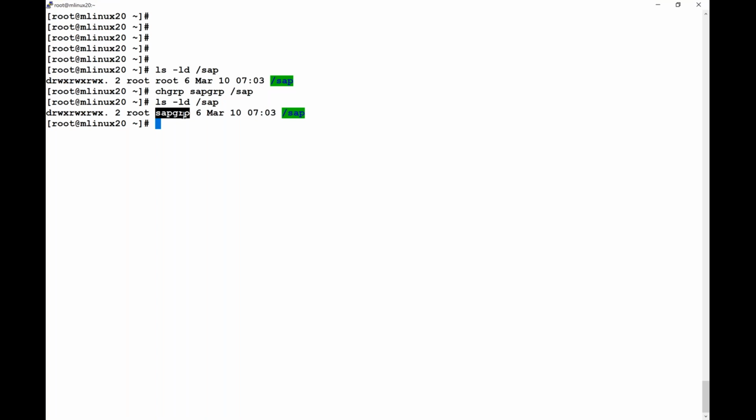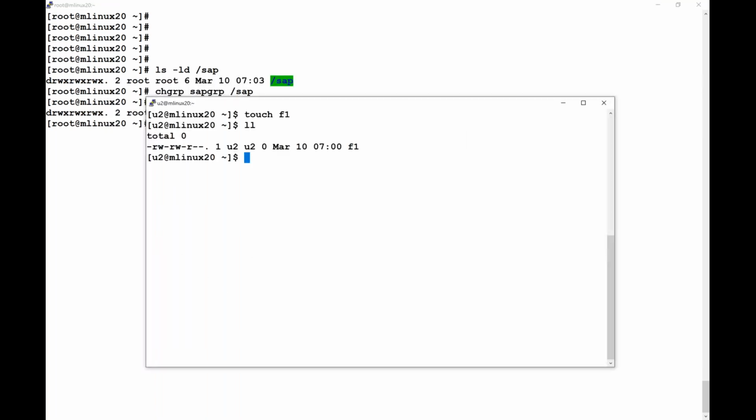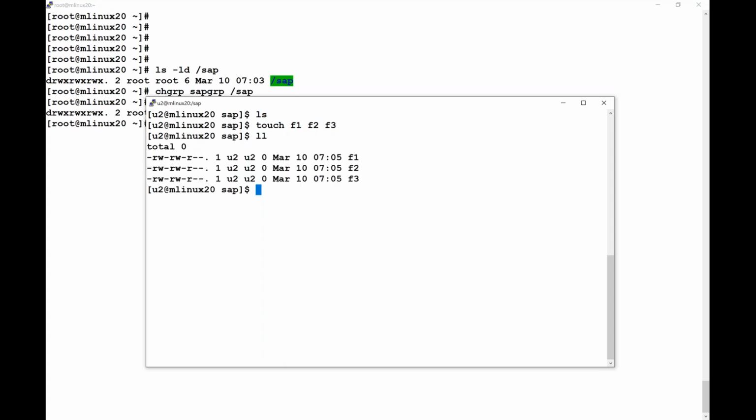Now let us ask who am I: U2. Let U2 go into SAP and inside it, let him create some data: F1, F2, F3. You see it is behaving normally. It is taking U2 as owner, U2 as group owner. All three files are behaving normally. Let me come back